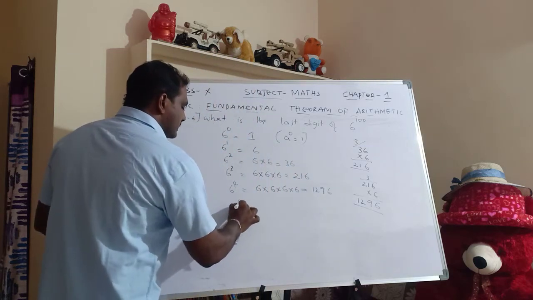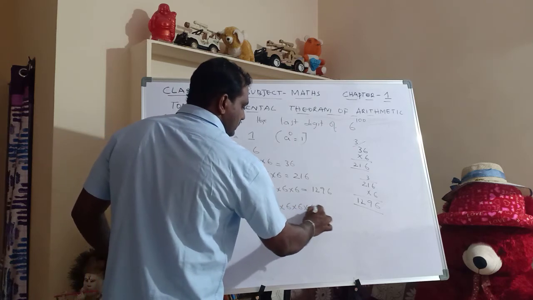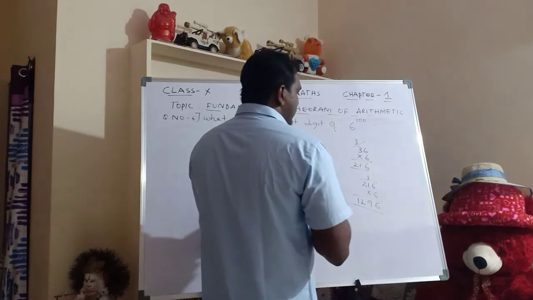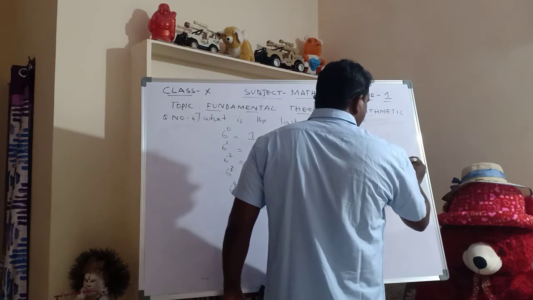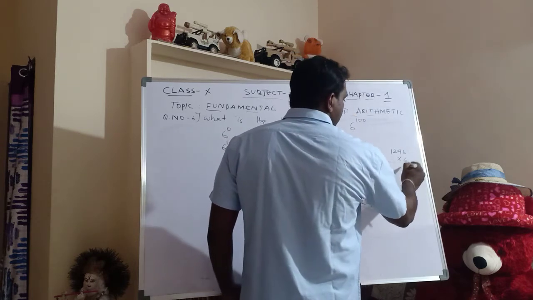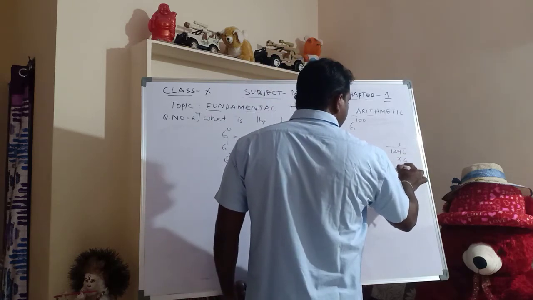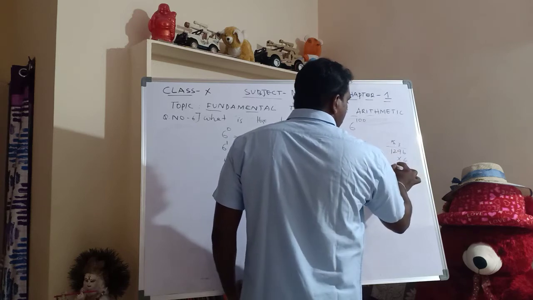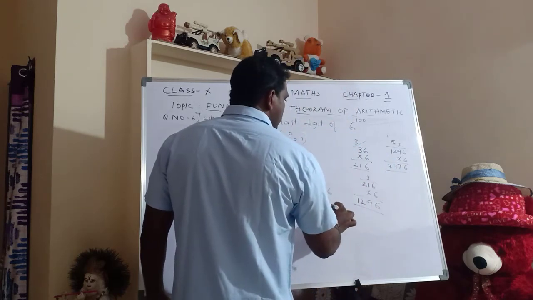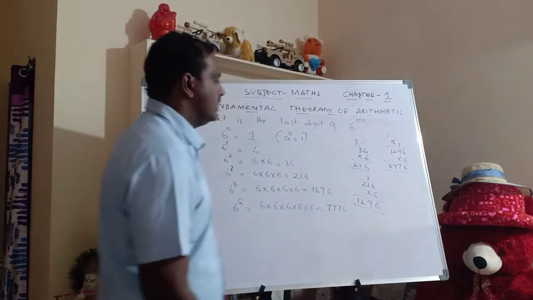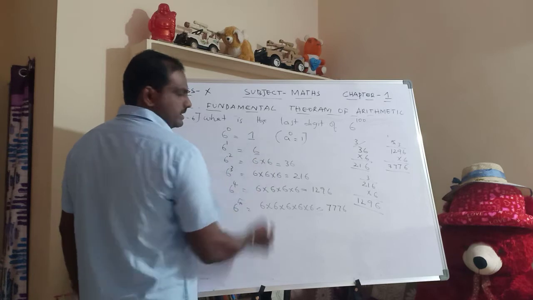Next, 6 power 5 is equal to 6 into 6 into 6 into 6 into 6. So that is 1296 multiplied with 6. Again 6 6s are 36. 6 5s are 30 plus 7 is 37. 6 2s are 12. 12 plus 3 is 15. 6 1s are 6, 7. How much was it? 7776. Now if you carefully observe the pattern, the last digit is 6 here.